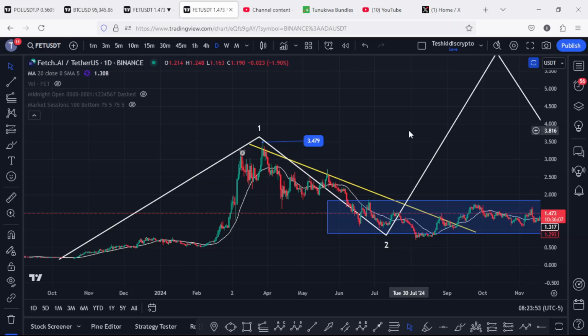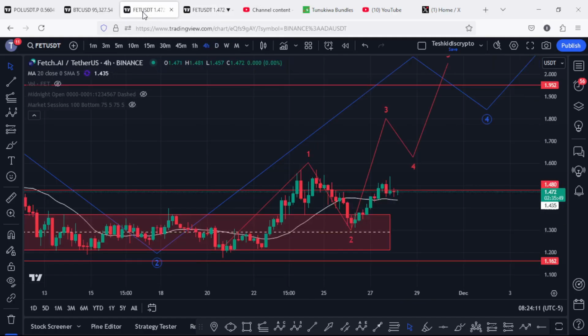Fetch AI is one of the few AI coins that I believe is going to give us more than a 10x in this bull market. In today's update video, I will be giving you the reasons why I believe we can easily get more than a 10x in this bull market, and above all discuss my short-term price prediction analysis,